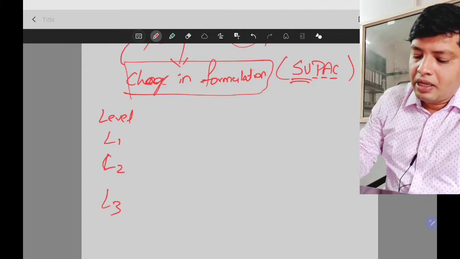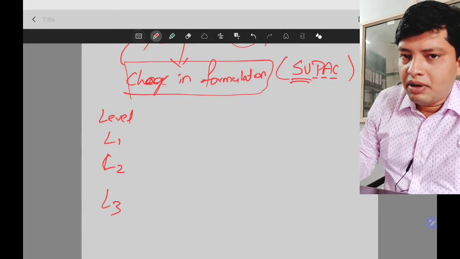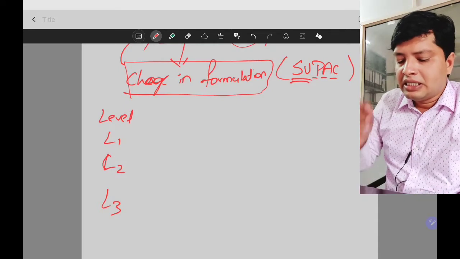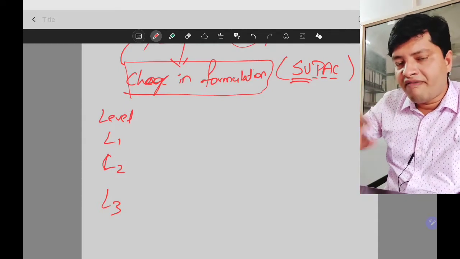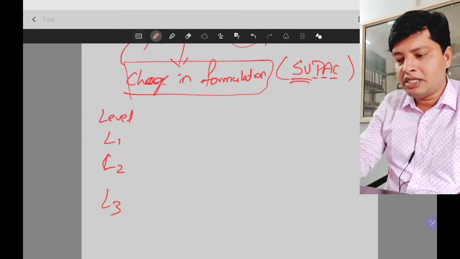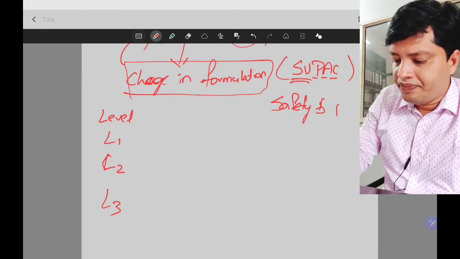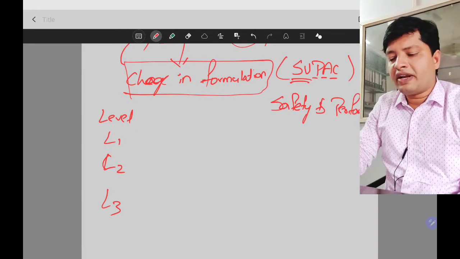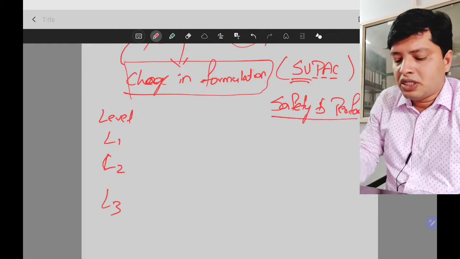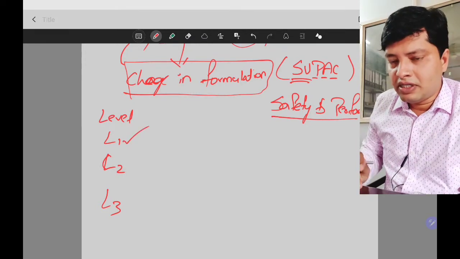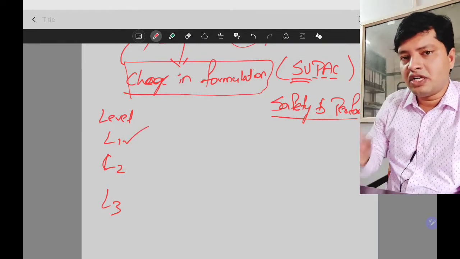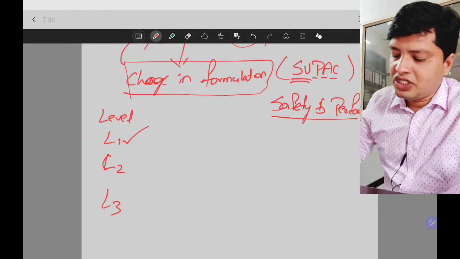Let's say I am changing some part in the formulation. The changed part is not affecting safety and performance so much, hence we go for a level 1 change. The guideline says that type of change we call a level 1 change.